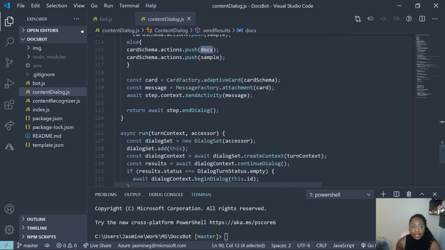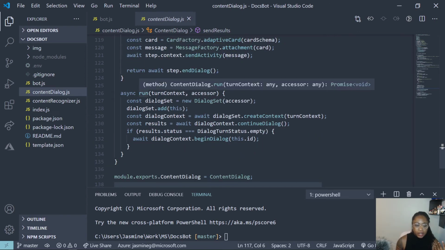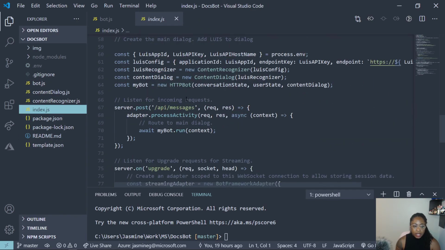I could put this in that bot.js file, but the file just gets super huge. The other part is that this makes it easy and maintainable for me to add another dialogue if I wanted. Say there was another conversation I wanted to add to my bot, I would most likely do it with another JavaScript file and have that dialogue separated out. In the last part of this dialogue, you just have to export it as a module, because in index.js, and I'll show you exactly where all that happens